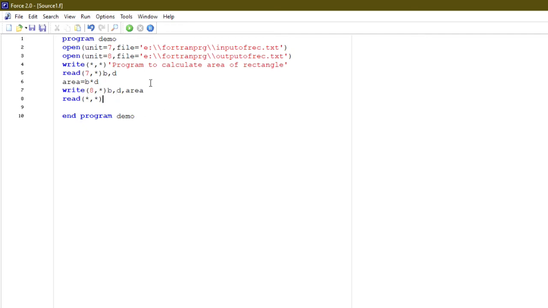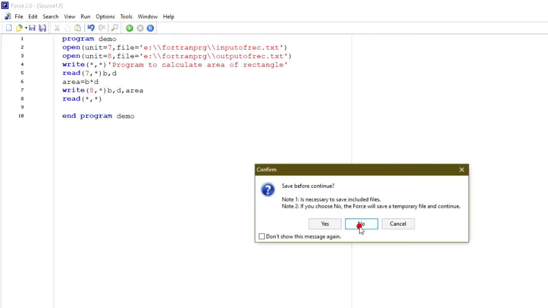So what will happen now, in this statement it will open the input file, in this statement it will open an output file, then it will display program to calculate area of rectangle on the screen, then it will read B and D values from this file, then it will calculate area, and then it will write on the file the values of B, D and area. And then it will close all these files, and that's it. So we will try to run this now.